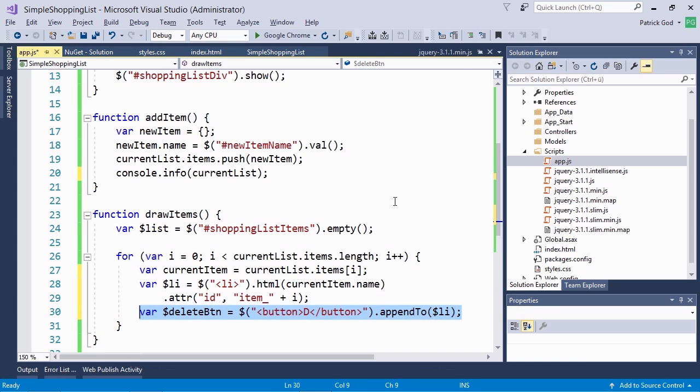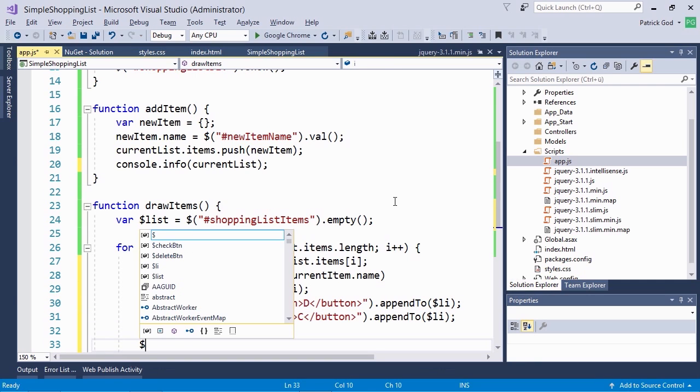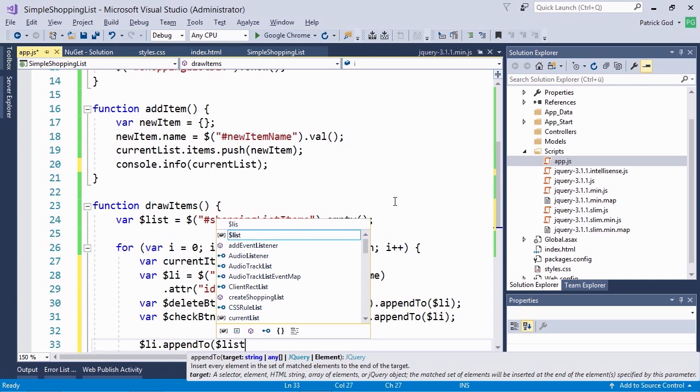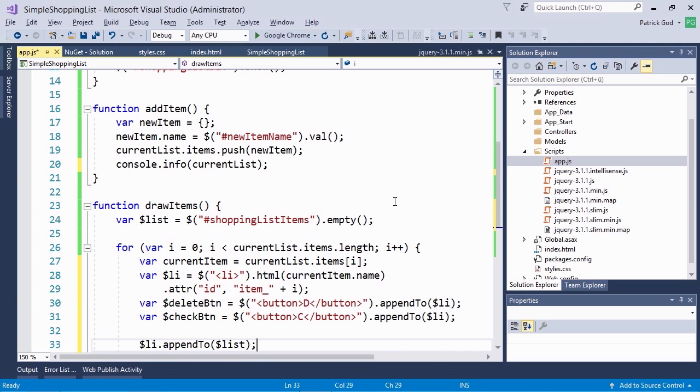And then we also need a checkoff button, so we can copy this one here, change the text and also the name of the variable, like that. And the last thing would be to add the whole list item to the list, like that. Okay,